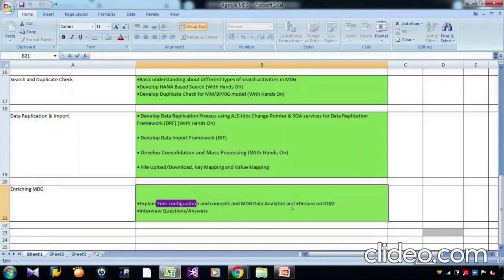There we will see how the Fiori configurations for material, business partner and finance happen, and then we will continue to access consolidation, mass processing, DQM and data analytics, which will be accessed directly from Fiori applications. So these are the things we experience on the UI.